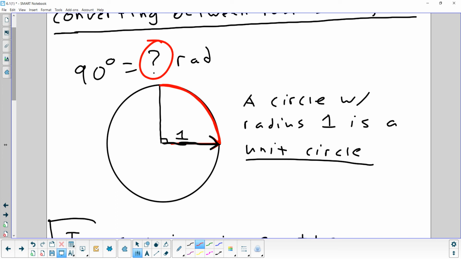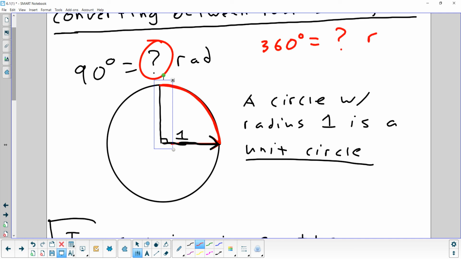So, as long as we know how to find the circumference of that circle, we could take a quarter of it, and that would be how big that angle is. Because the size of this angle in radians is going to be exactly the same as the length of this arc. So you'd have to find the circumference, then we could divide it by 4. Well, what if I wanted to know,